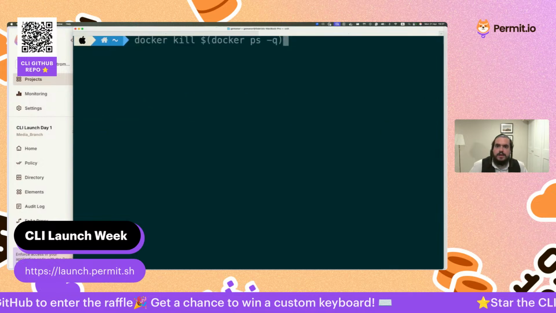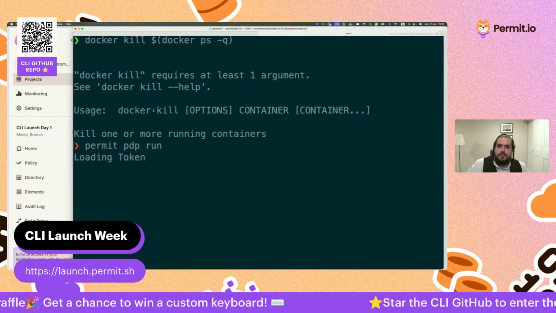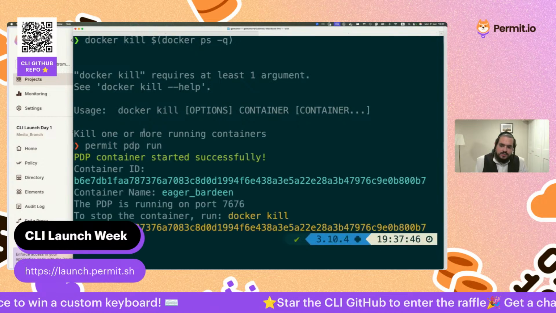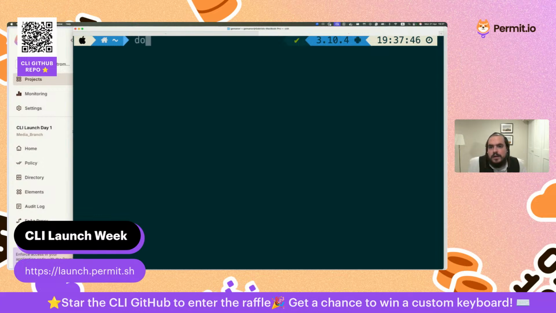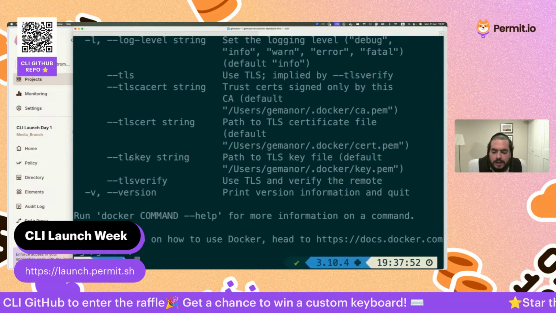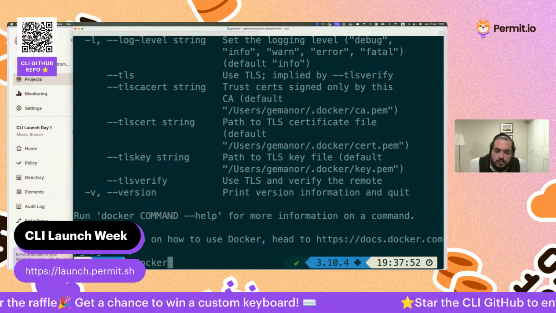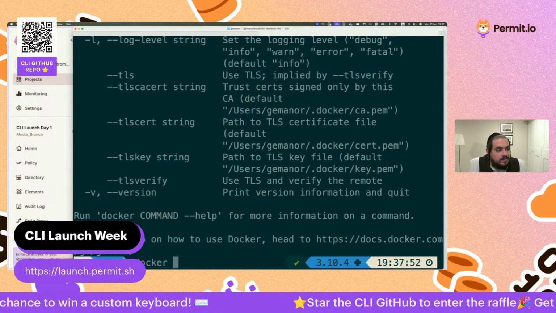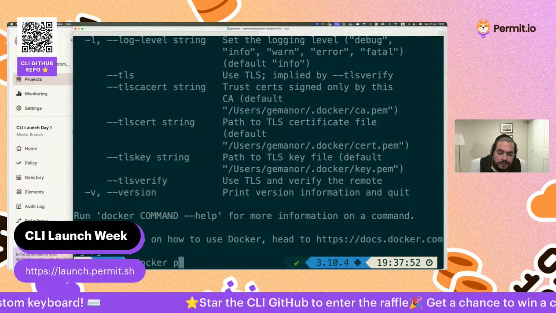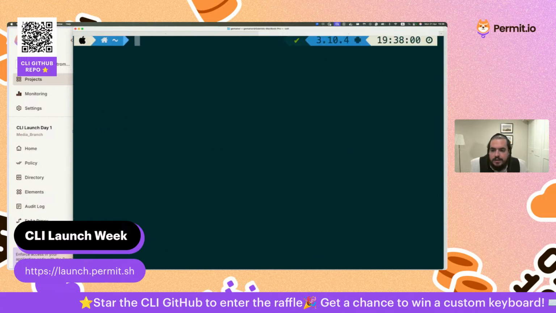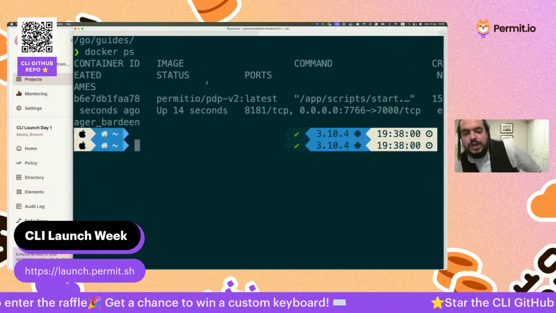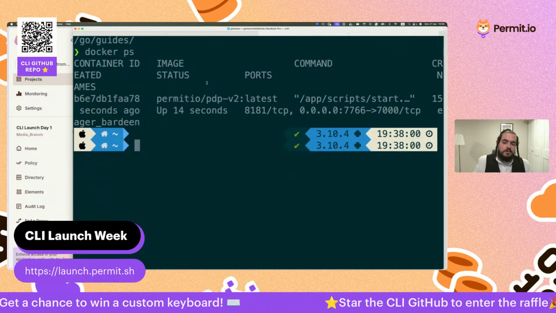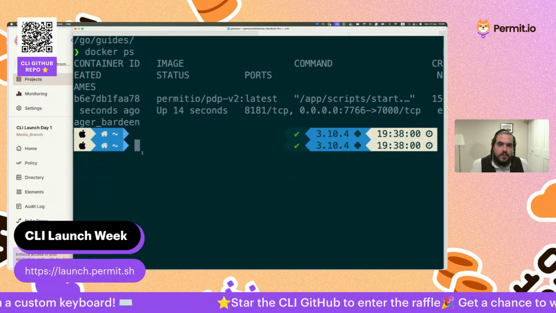I'll kill it and I'll create a new PDP. PDP is the decision point, the one that actually gets the decision. And now when I want to do a permission check, when I want to test my new feature, I can do it against my new environment, my new PDP that runs, and check that all the policy tests actually run